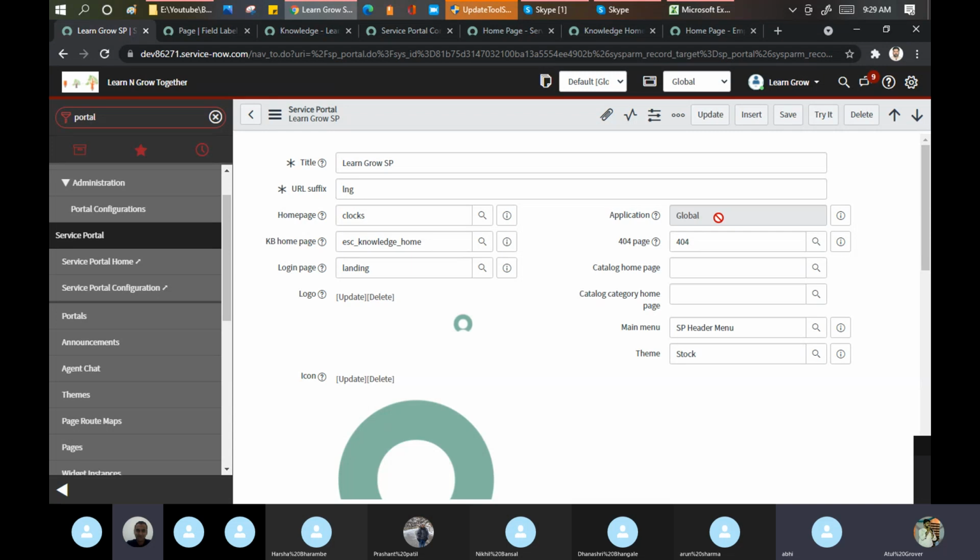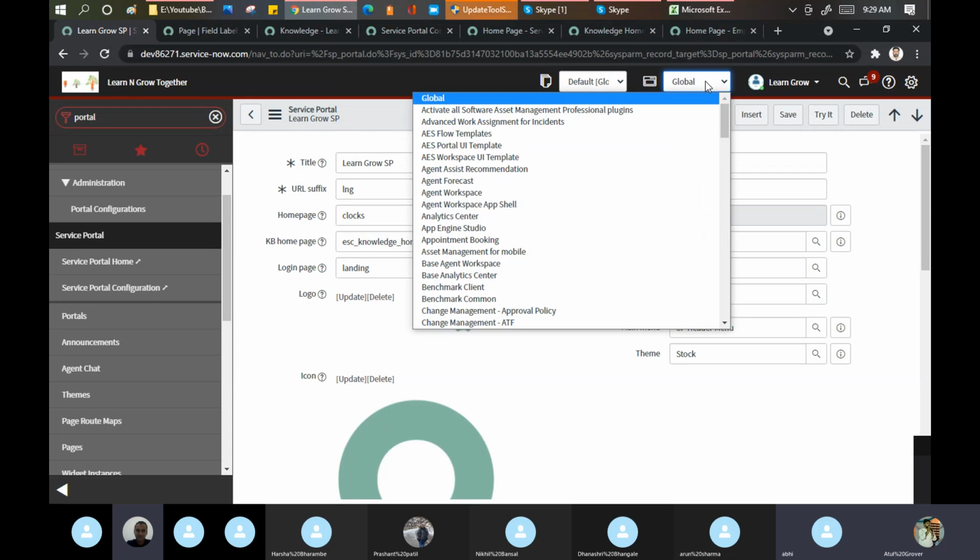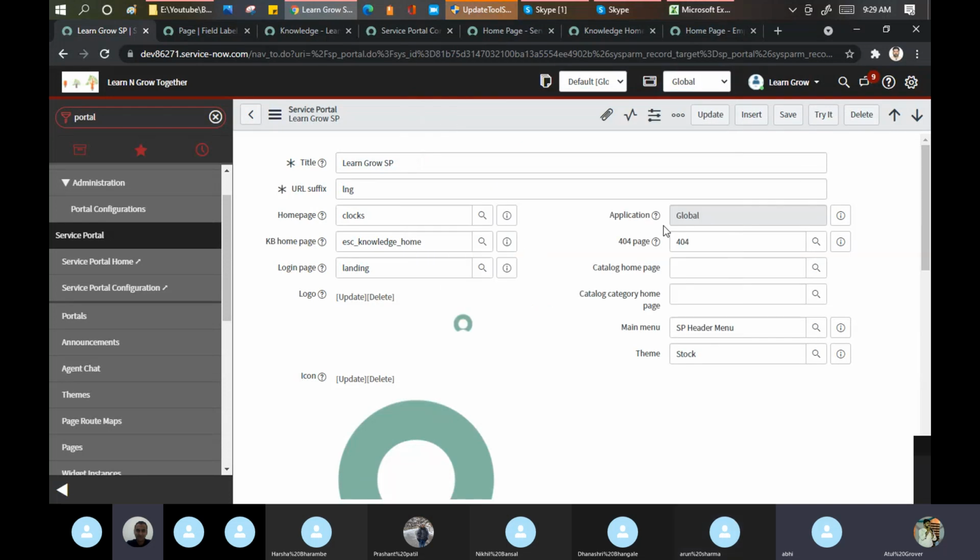Only these people are required for this particular part, not else. So this is the thing. When you create your portal for the first time, you need to define which application area you're going for. It's global, or it's of some specific scope. You can define from here in which scoping area you want to build this application. This concept is applicable at every place, on your table level, on your portal level, on your application level as well.